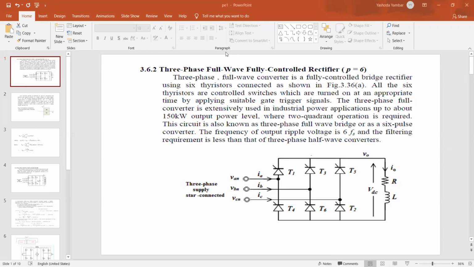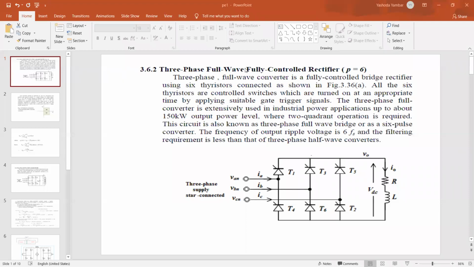So today's topic, we are going to take the derivative part as well as one problem on three-phase full converter. The syllabus also mentions three-phase full converter. Whether it is three-phase or single-phase, full converters provide motor control in forward direction as well as in backward direction. An example is the lift. When it is moving in upward direction, it is called forward direction control, and downward direction is nothing but backward direction control.